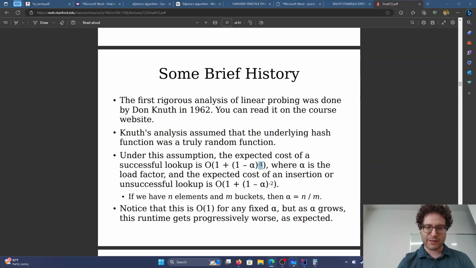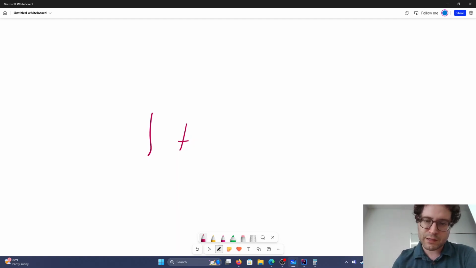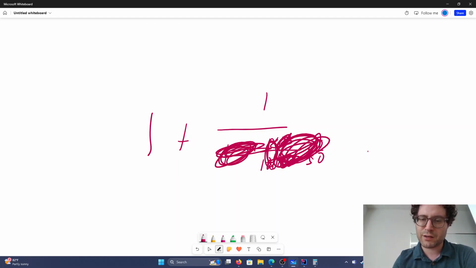I'm actually going to make the math a bit easier for us. 1 plus, now we can do 10,000. 1 over 1 minus 1,800 over 10,000, right? 18 over 100, that becomes 9 over 50, which is, it doesn't matter, but 9 over 100. Once we do the subtraction, it becomes 0.82,